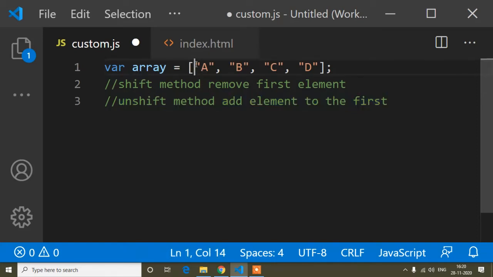That means the unshift method adds an element first, meaning the index position is 0, so here it adds some value. So that's the difference between the array shift method and the array unshift method.